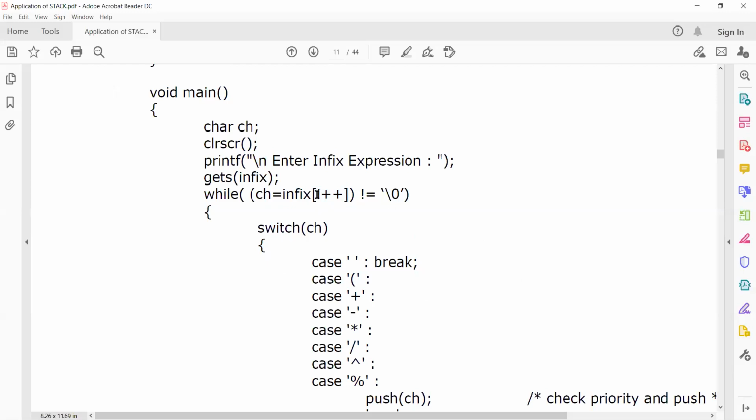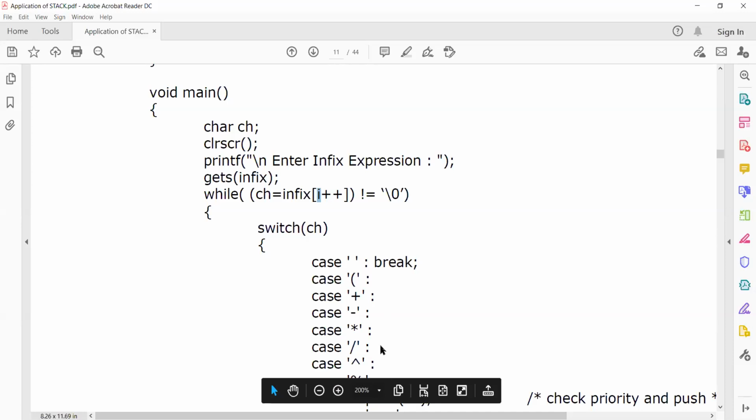What is the value of i? It is already declared as a global variable. With i plus plus, it will check only the current i, not the incremented one; once it is checked, it will be incremented. You know the difference between i plus plus and plus plus i.